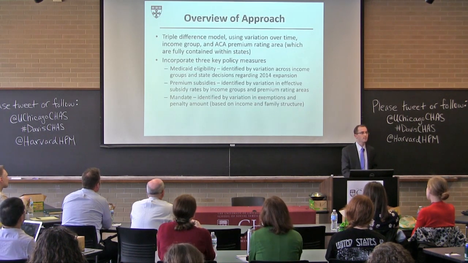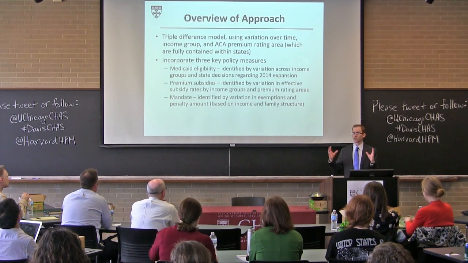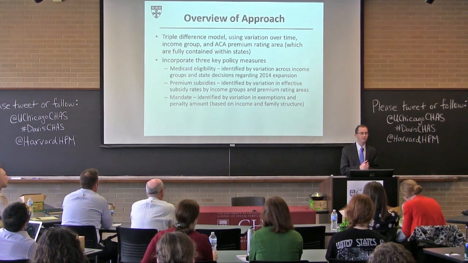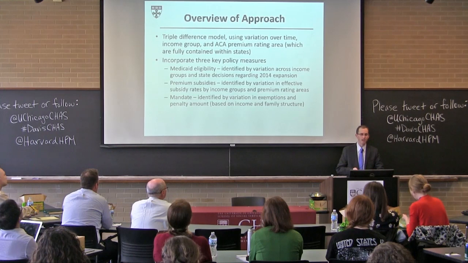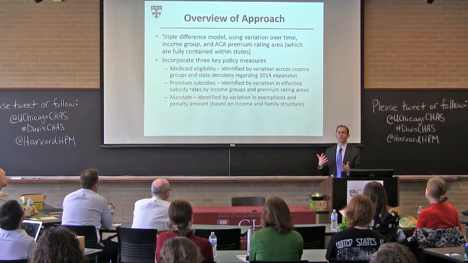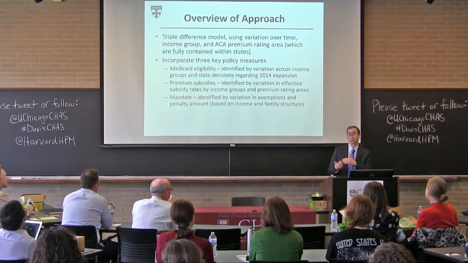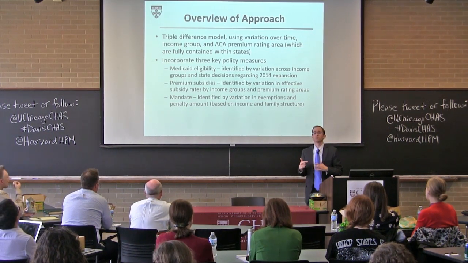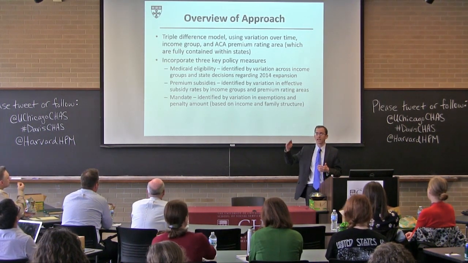So the basic approach we take here is to use a really large national survey database that has a lot of rich detail and geographic information. It's the American Community Survey. And we're basically going to do a couple of comparisons. So it's a triple difference model because we're going to look before and after the ACA. We're going to look based on different income groups, not just high and low income, but the gradation of income,